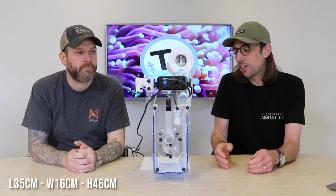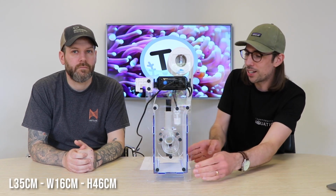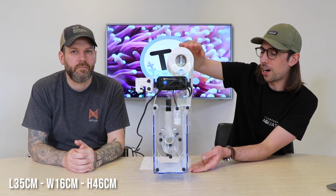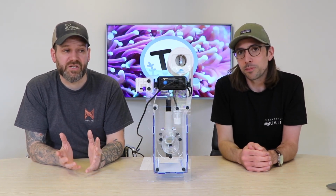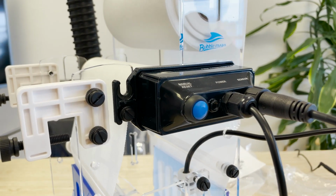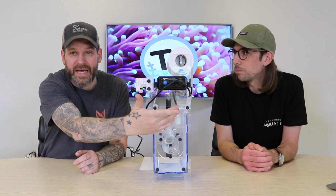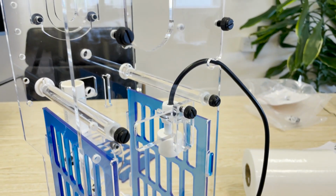Dimensions wise, you're looking at 16 centimeters or 160 mil side to side. You're looking at 350 mil front to back, and that includes the inlet pipe, and then 460 mil top to bottom, including the roll. Some of the key features of this unit is a motor that just attaches onto the side of the unit itself. It has a feed button or a reset button on the side there as well, and that's fed to a mechanical float switch, which adjusts the water level or lets you know when the water level is too high,